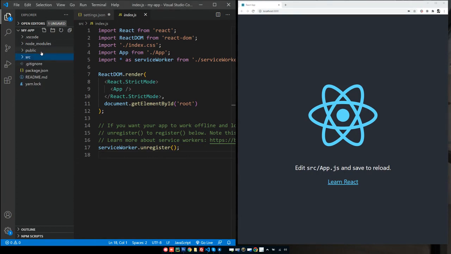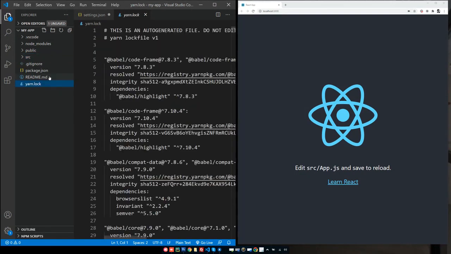Basically there are three folders: one is your node_modules, the other one is public, and then src. Then there is a git file. In fact, there are four files: yarn.lock, README, package.json, and this one. So these two are related to git. This file, yarn, gets auto-generated when, let's suppose, we add or delete some sort of